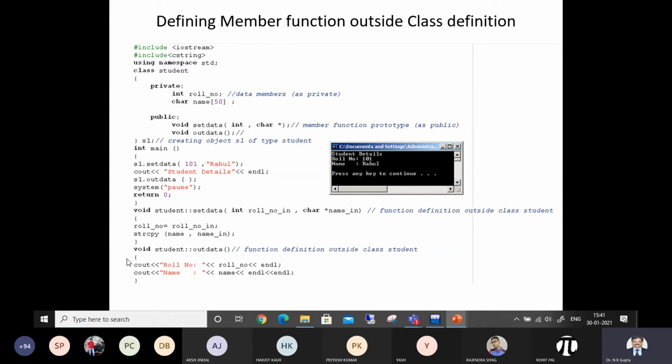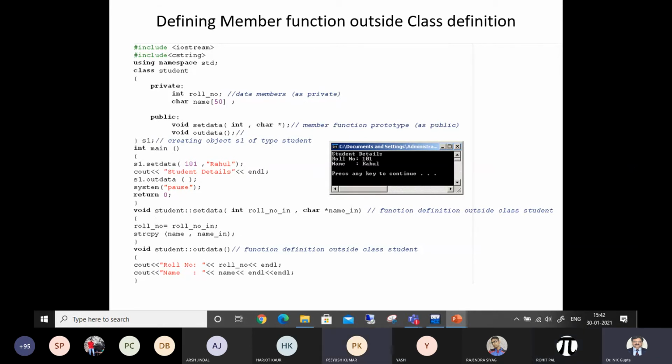So where am I going to write this definition? Can I write it inside the main function? Is it possible? No, sir, we can't write the definition, we can only call. So we have been calling it through this object, accessing these member functions of this class student through objects of the same class. Now after this main, we are writing. What was the return type of this? Yes, void, and setdata, of course. Then to which class should this definition belong? Student. Okay, and the scope resolution, and the parameters will remain the same, and the whole definition will be written outside the class.